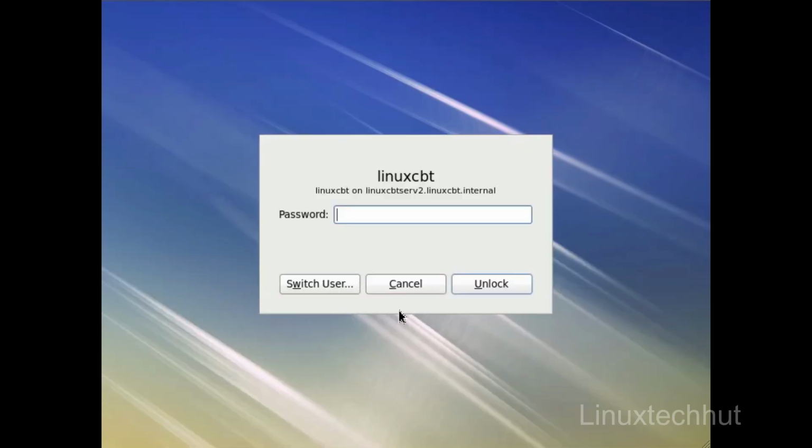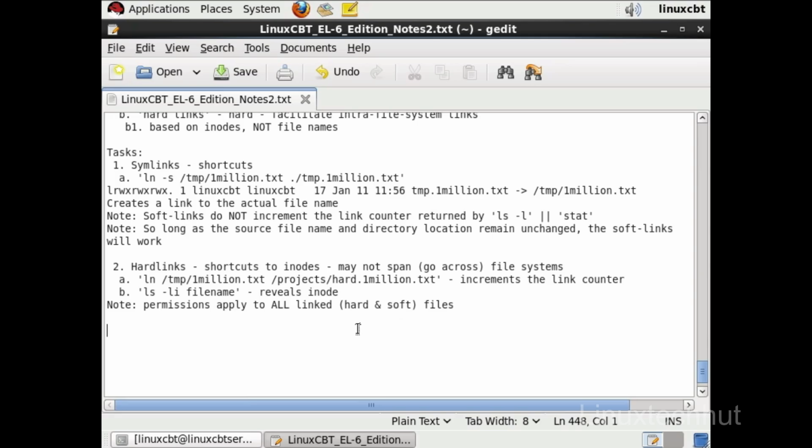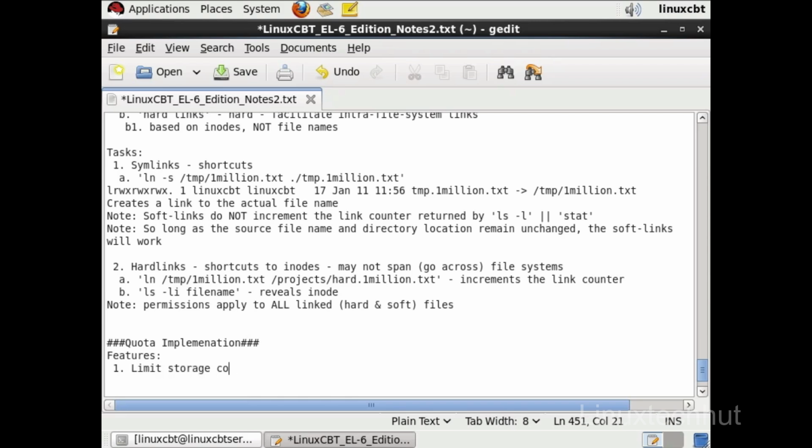Let's examine quota implementation within Red Hat Enterprise Linux 6. This allows us to restrict the amount of storage that's consumed by users and/or groups on the system. So let's label this section Quota Implementation. And features, of course, include the ability to limit storage consumption